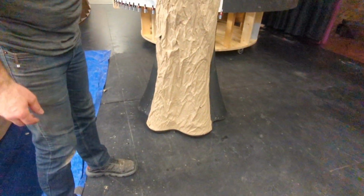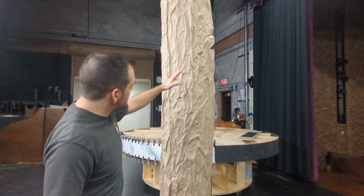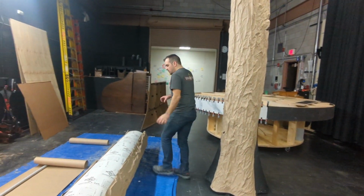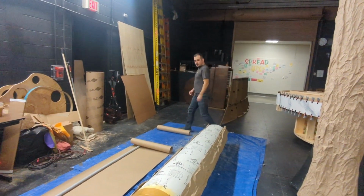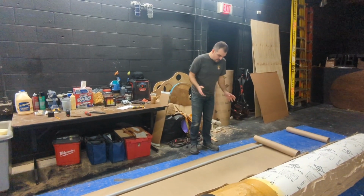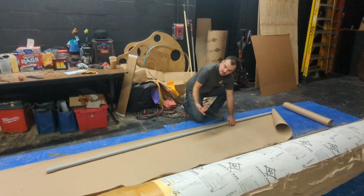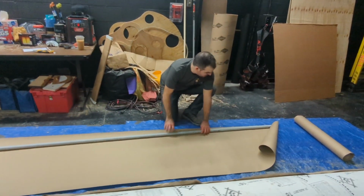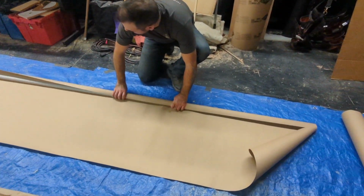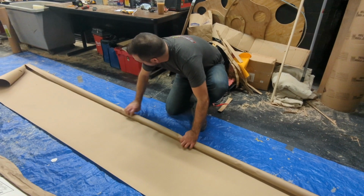There's a lot of tree bark stuff going on here, but there are some other horizontal folds and some zigzags and stuff that aren't exactly what I want to see. I want to see more of that like Scotch pine, heavy vertical lines. So what I decided to do is roll this stuff up, like I say, hot dog style. It kind of helps to have a piece of pipe or tubing or whatever if you don't have a friend to help you. You can kind of start on this down here, start down there, get it just rolling around,